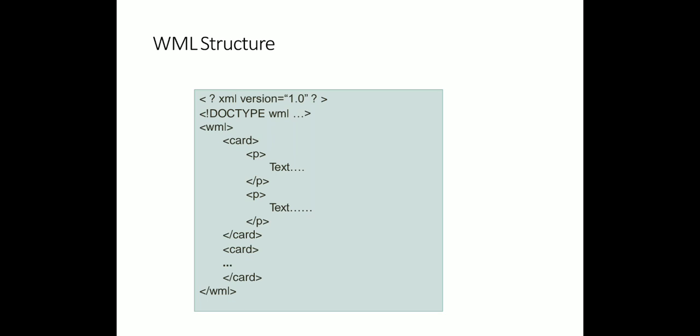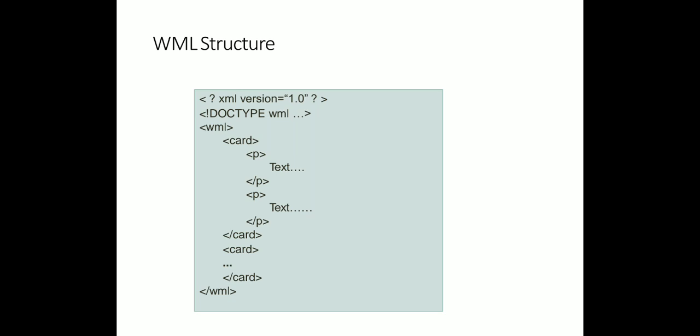Again, two paragraphs I have used. So closing the first paragraph, I have started the next paragraph tag and ended the card. After ending the card, the second card is enabled, and whatever text or data you want to display is written, and again the card is closed, and at the last the WML script has been